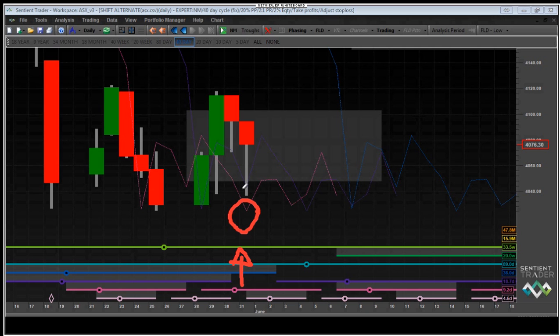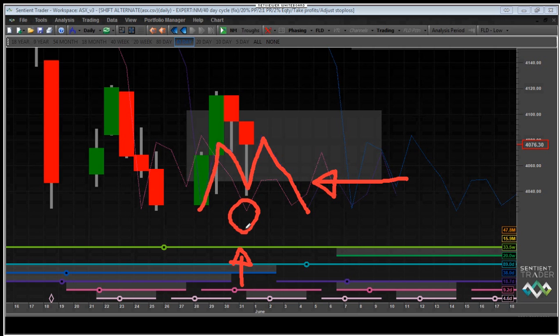Right, there we go. There is the trough in the 10-day FLD. When the 10-day FLD forms a trough, you expect price to actually touch the next longer FLD. What's the next longer FLD? It's the 20-day FLD, which is doing that. Okay. Yesterday, when I was taking a look at the markets, I used this particular little tip